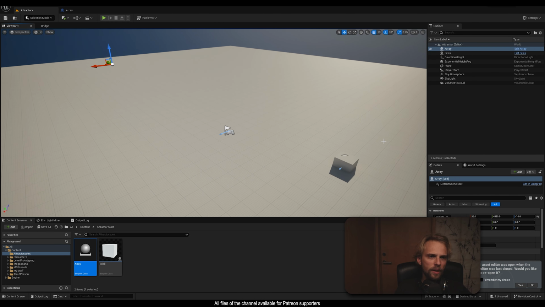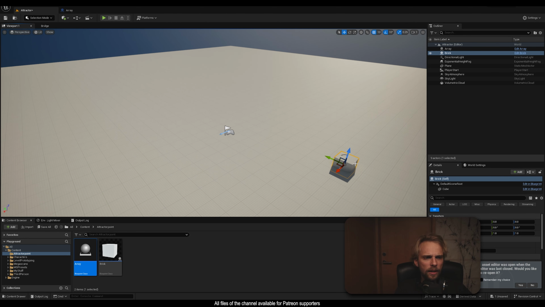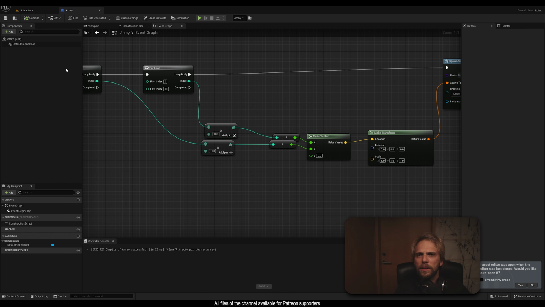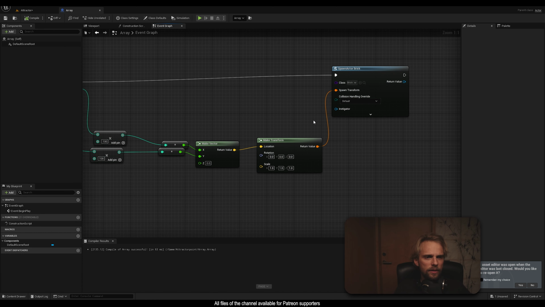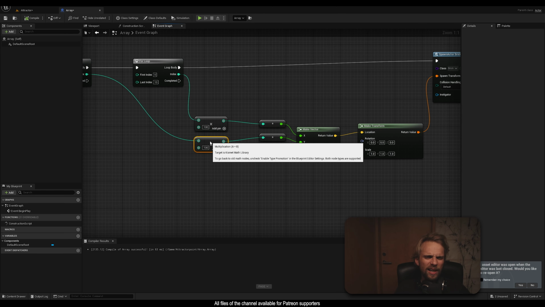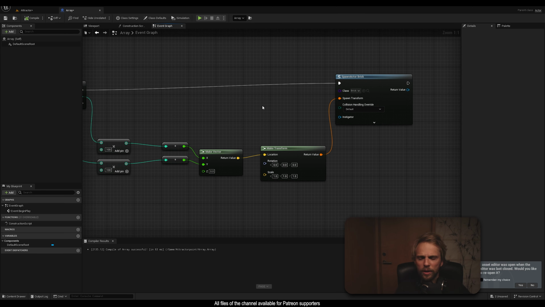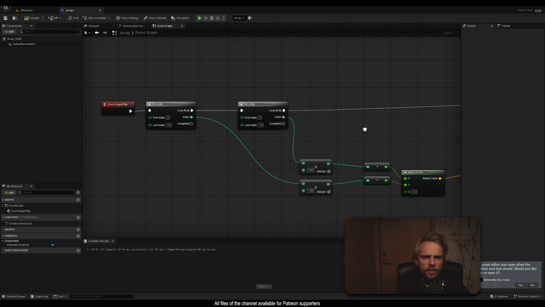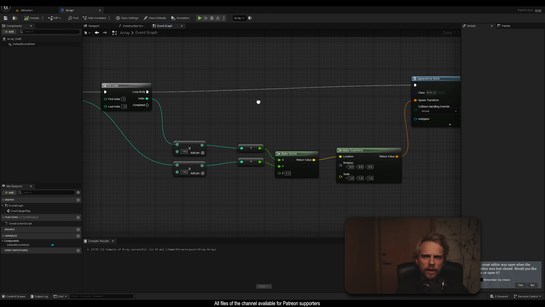That is because, let me reset that, and I don't need the brick anymore. That is because the spawn transform is global, making this location a global location, so it doesn't matter where your blueprint is in the world, it's always going to spawn globally. So it's always going to spawn starting from 0, 0, 0. We kind of want to have flexibility in terms of where we spawn this. So I'm going to say,